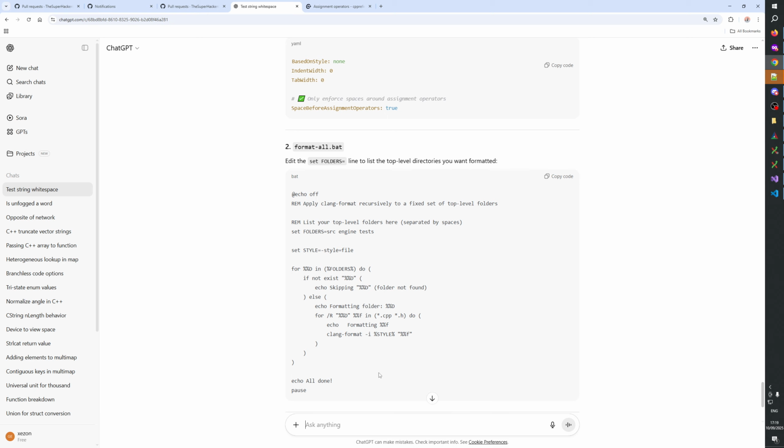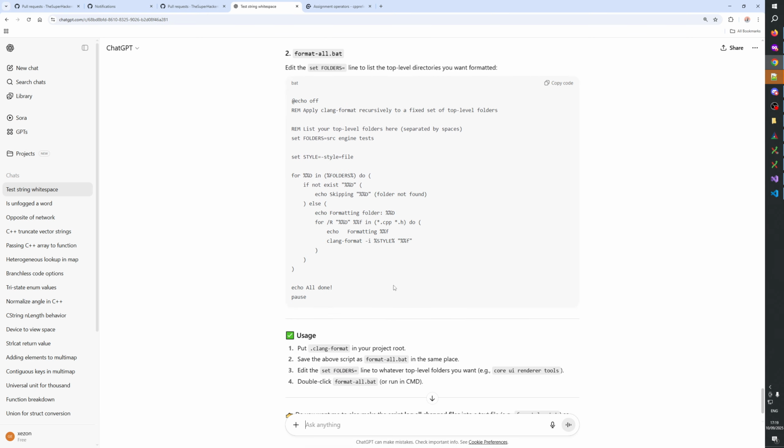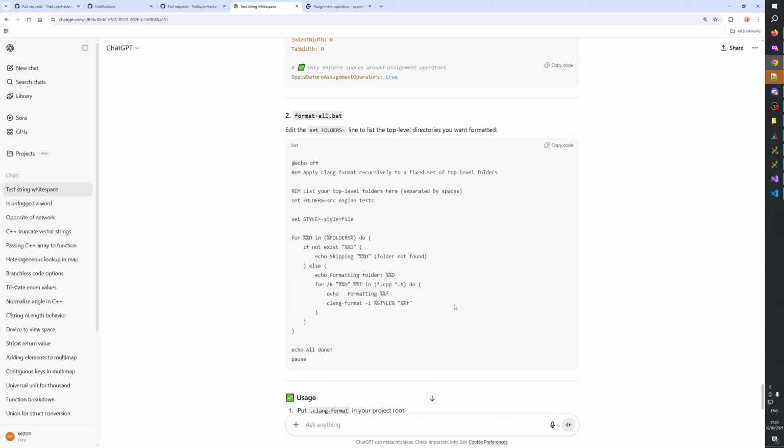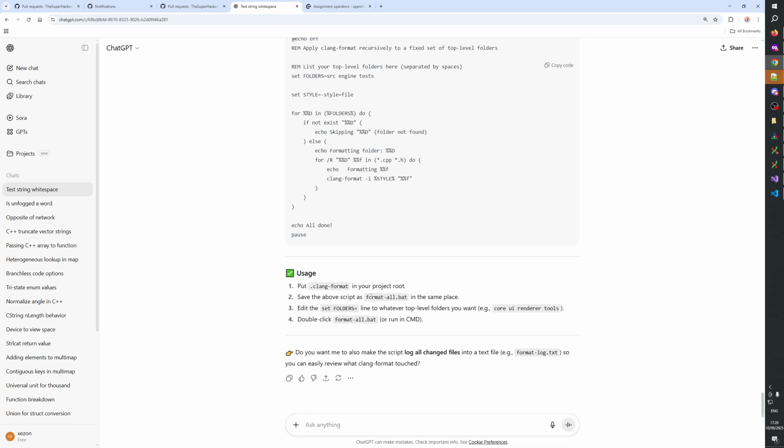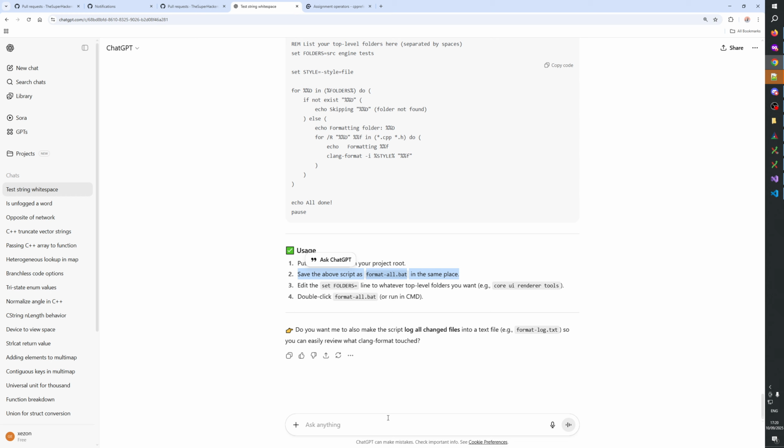Style, file. Save the above script, format all in the same place. No, this one is. Can you? Is